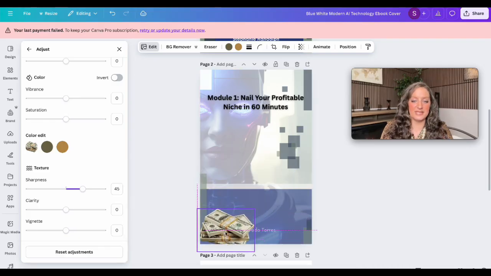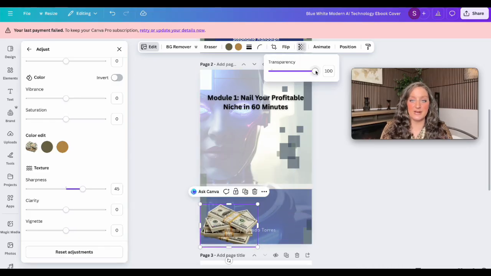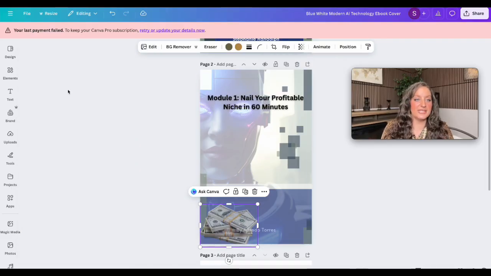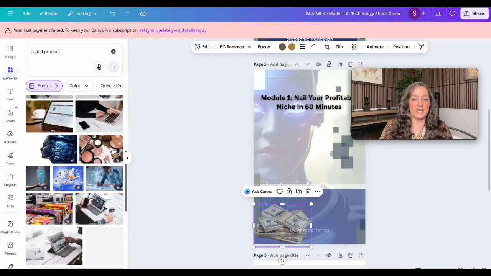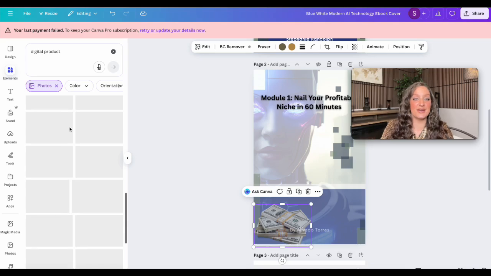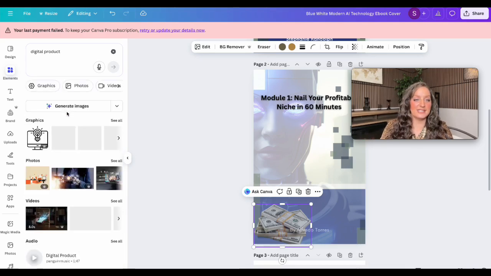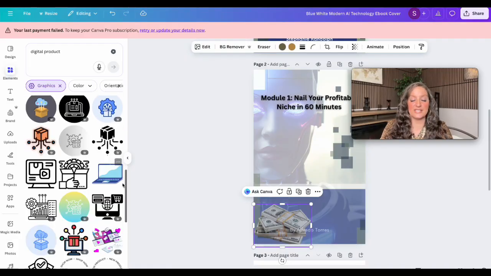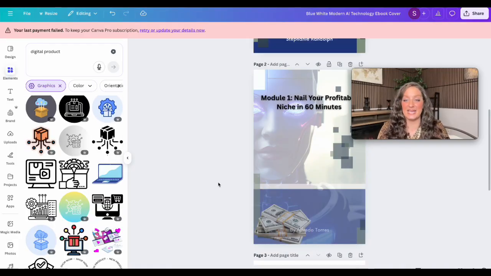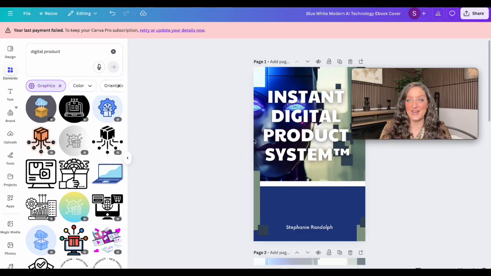And you can put this down here. You could then make it transparent so it's not as heavy, right? But those elements, you can literally type anything in here. So you could type in, so we're talking about digital products. You can type in digital product. It'll give you pictures of like laptops, computers, electronics. And then if you don't want the photo, just X the photo and it'll go back to graphics. You can go to graphics, put some graphics on there. So this is all how you actually design the digital product in Canva, okay?